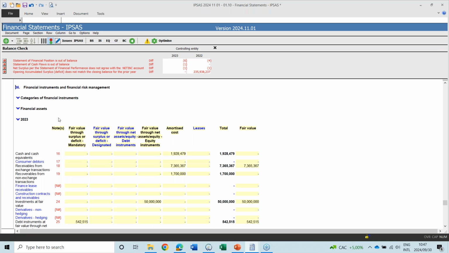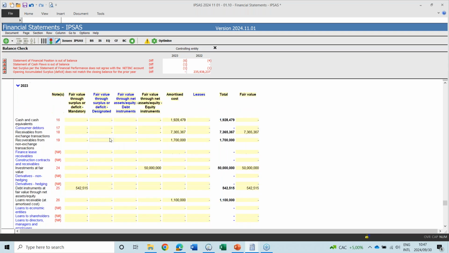So if I jump to that note, this is a note where, again, in Caseware you switch options on and off, and select your options. But overall, you still need to complete this note, because you need to complete your categories of financial instruments, and you would see that this is automated, that we automatically pick up from the relevant line items